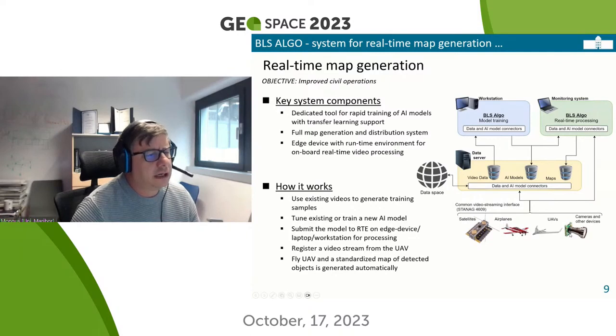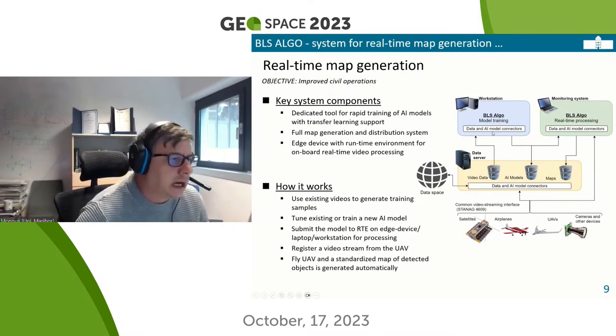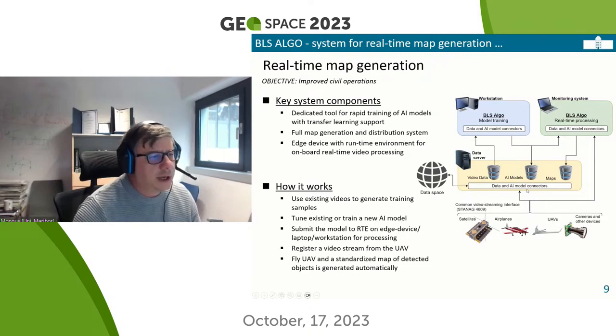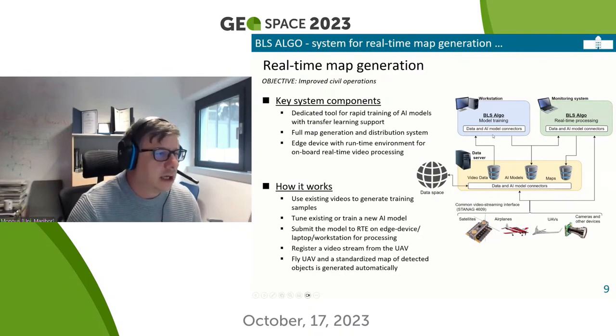We also have a dedicated edge device which is capable of doing real-time object detection, and it is in line with the models that we are producing, so we can directly apply a model on that one. Essentially, you use some archived video streams, which can then be used to rapidly generate a training model.